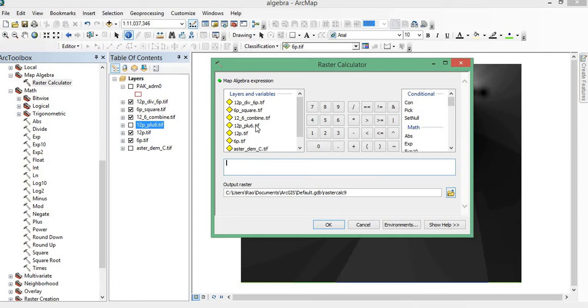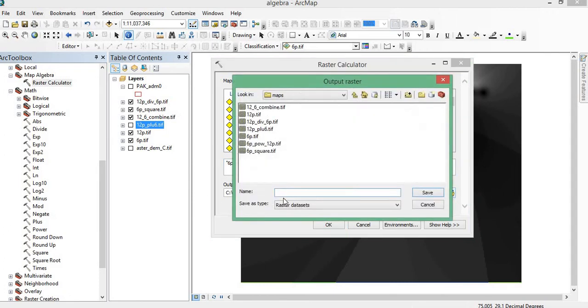Now if we want to add more than 2 images, like we want to add 6p, so double click, it will be here. So you have to use plus, this is plus and 12p, and plus for example the image with the division. So these 3 images now will be added to one image, and we can rename it as